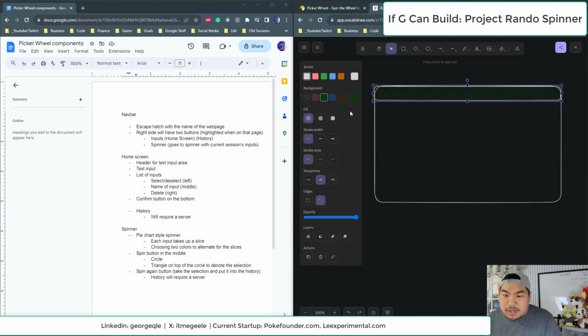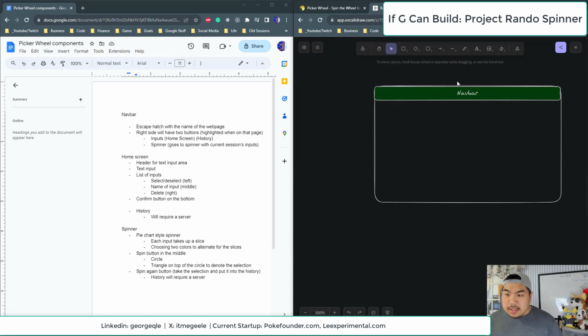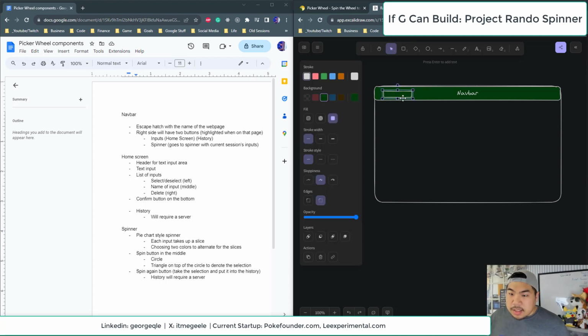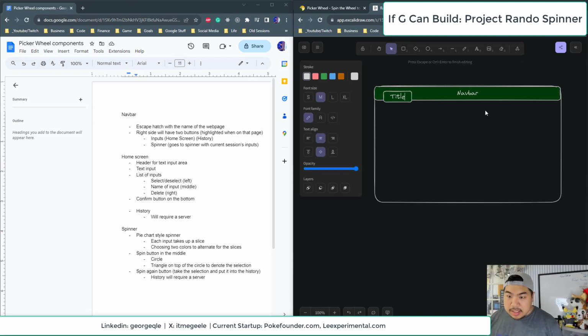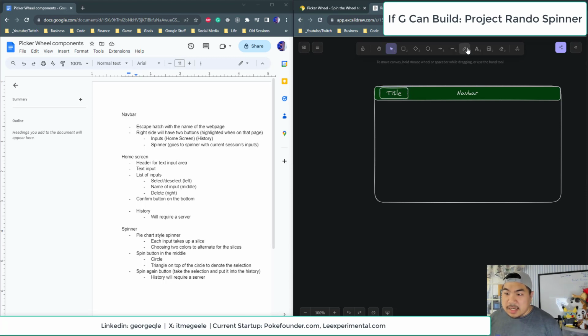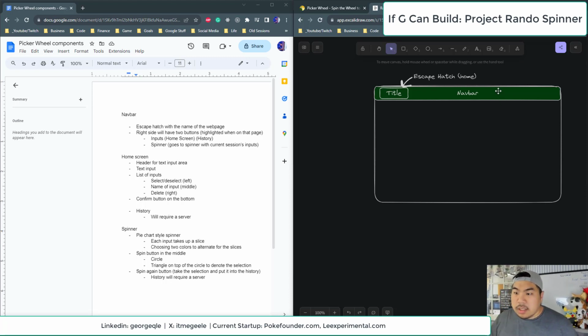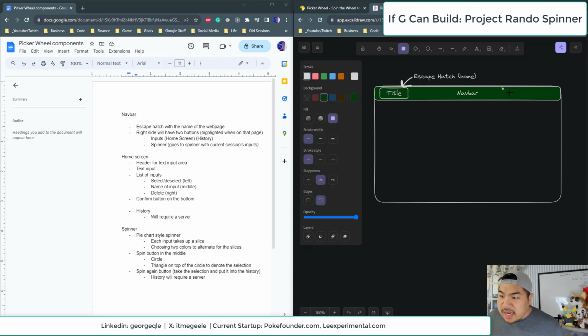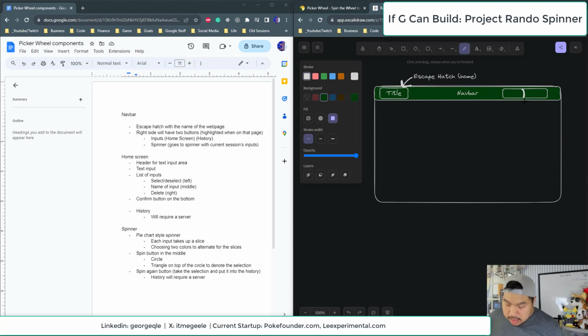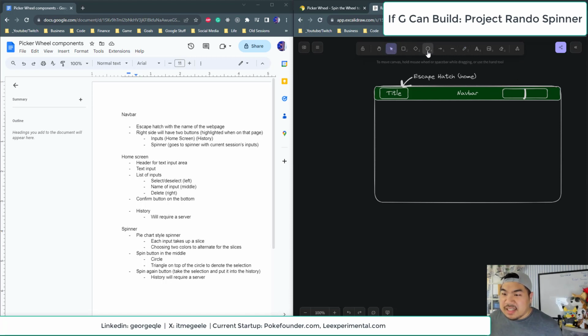So cool. We just have this top portion here. We'll just have a full fill there. So this is the nav bar. We'll have a title here on the left side, and this will be an escape hatch going to home. Cool. And along the right side, I think if we can do it, let's create kind of a sliding two-part button. Don't know. We'll have to see if GPT feels cooperative, but